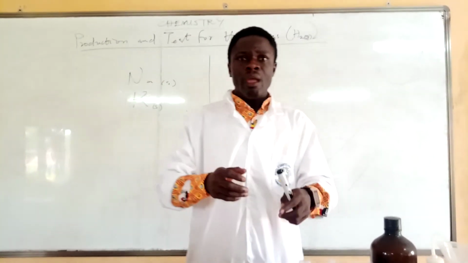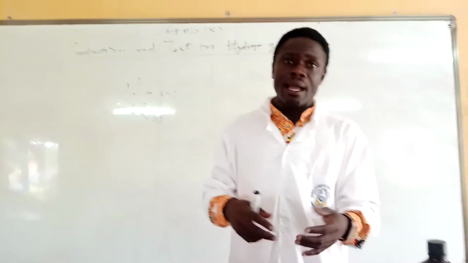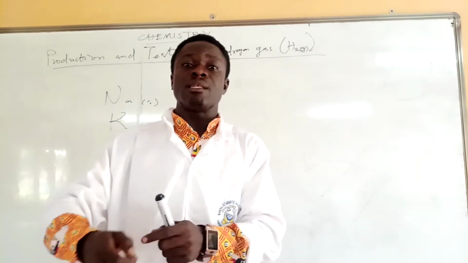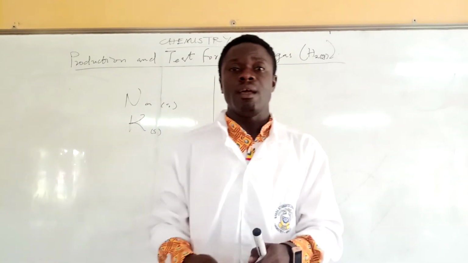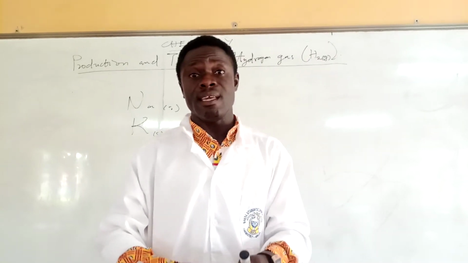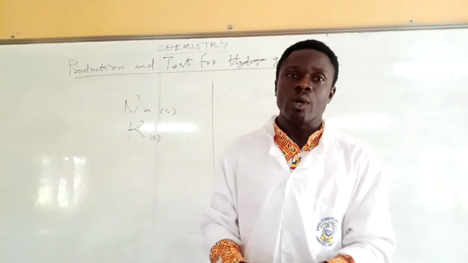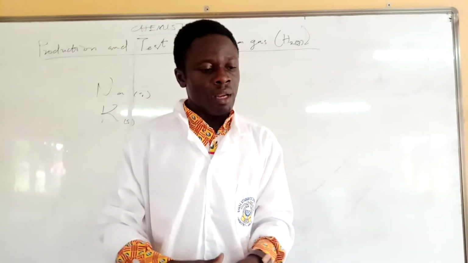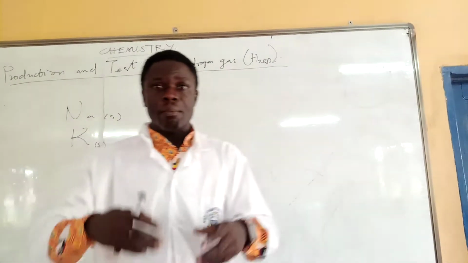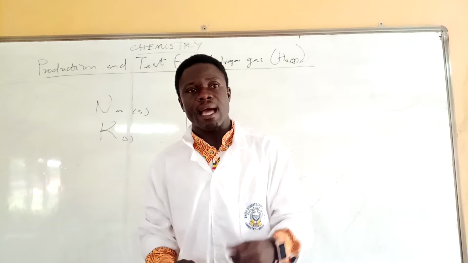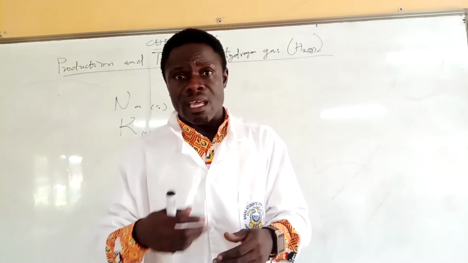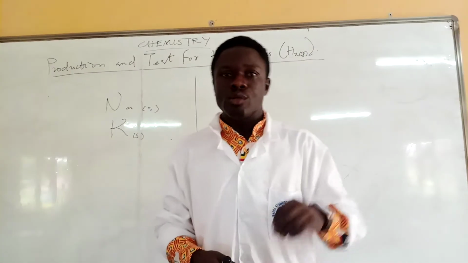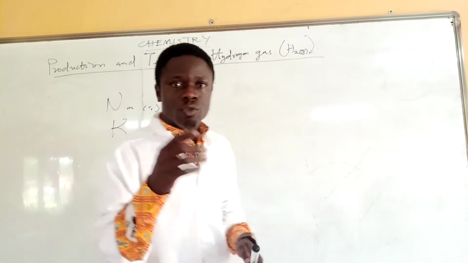Now, if you want to prepare hydrogen gas, we can use the zinc granules, or the granulated zinc metal, and we react it with mineral acid. One of the mineral acids we normally use is either HCl or H2SO4, that is the hydrochloric acid or the sulfuric acid. One thing we have to know is that in the preparation of hydrogen gas, before the gas can be evolved, we have to react the metal with the acid. So through this reaction,